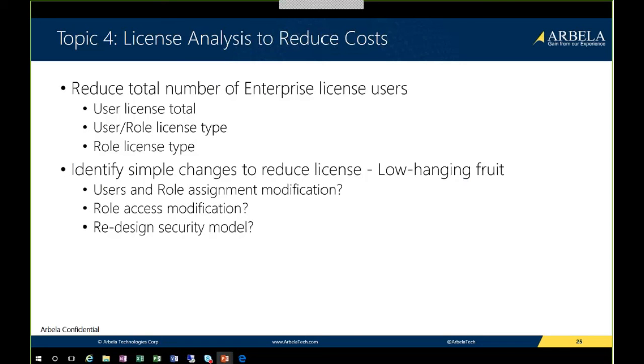So we provide the at-a-glance and a way of attacking the low-hanging fruit. Prior estimates from our clients have been up to 25% reduction in costs from CAL licenses at the enterprise and functional level.